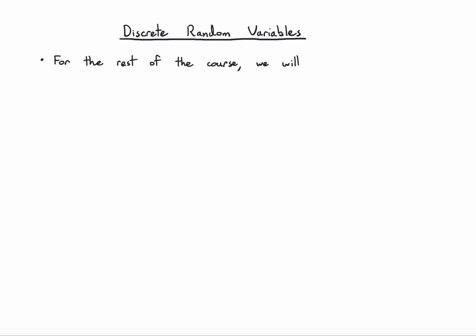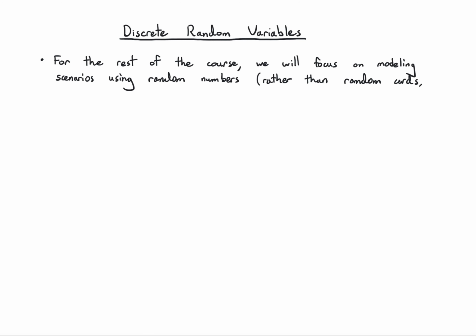Onto discrete random variables. For the rest of the course, we're going to move away from the abstract framework of probability and focus on modeling scenarios that involve random numbers. So rather than starting with cards or dice or letters or animals, we're going to just work with random numbers. Mainly what I mean by that is that even if we care about cards or letters or animals or so on, we're going to represent them with numbers and just keep in mind that they originally came from something else. The reason for doing this is it opens the door to more powerful techniques that we can use,